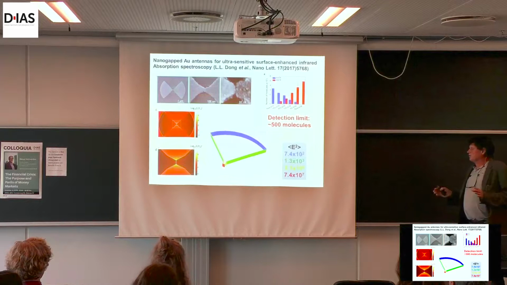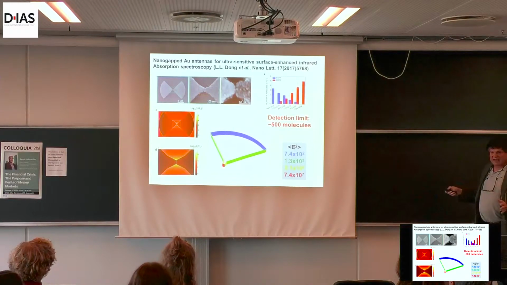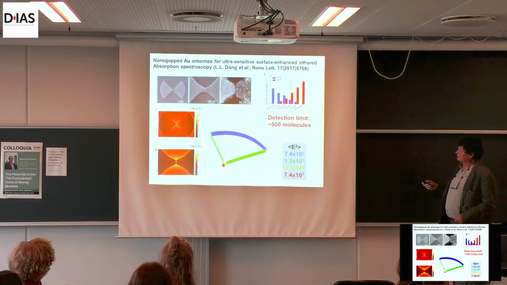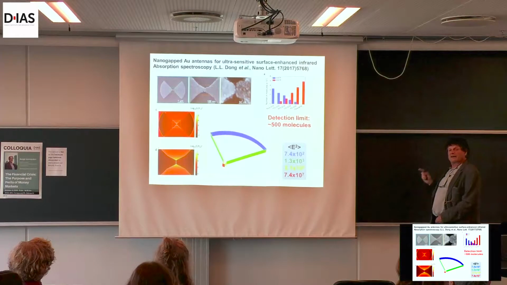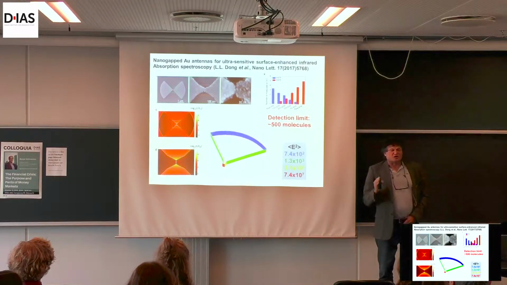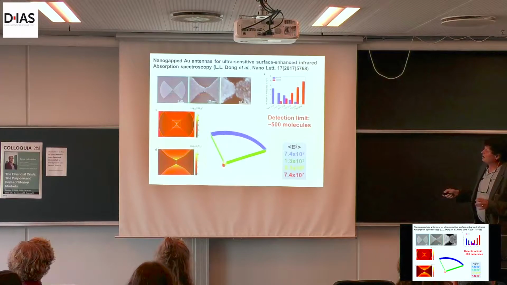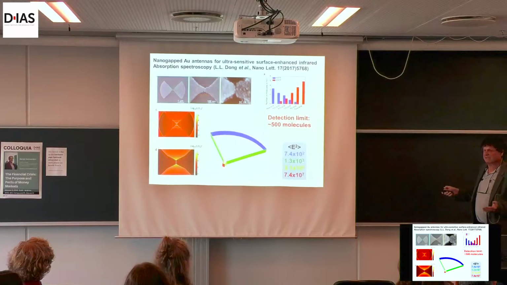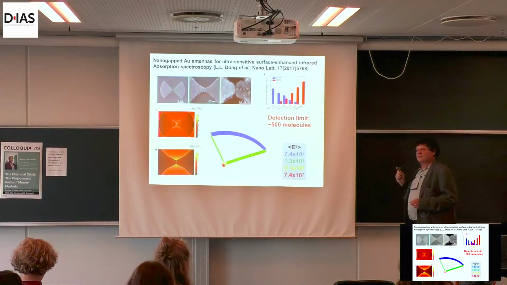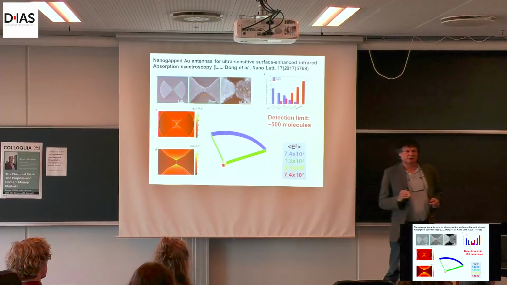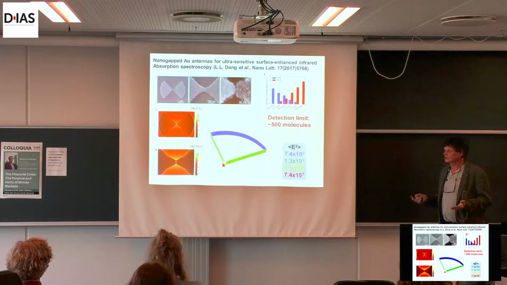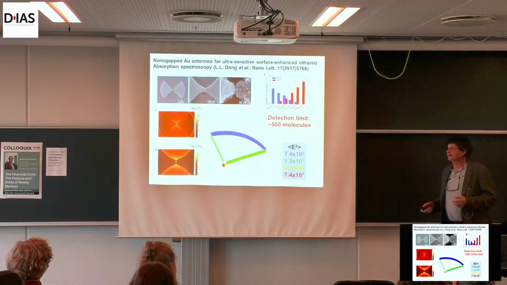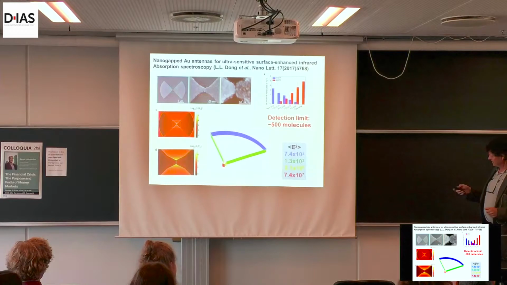What we did with this, using the bianalyte method and statistical methods like I showed before, showed that this particular antenna, published last year, was able to detect 500 molecules. We want single molecule. In other words, we are working on boosting the efficiency of this antenna by making the junction smaller and the antenna larger by 15 times. Then we will be at the single molecule level. We are not the only people doing that. This is one of the holy grails of all plasmonics research, being able to do single molecule SEIRA. We are not there yet, but I hope to be there soon.